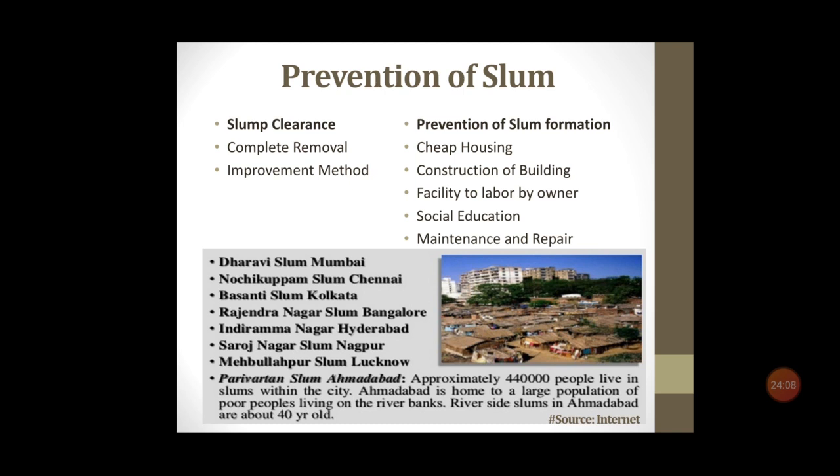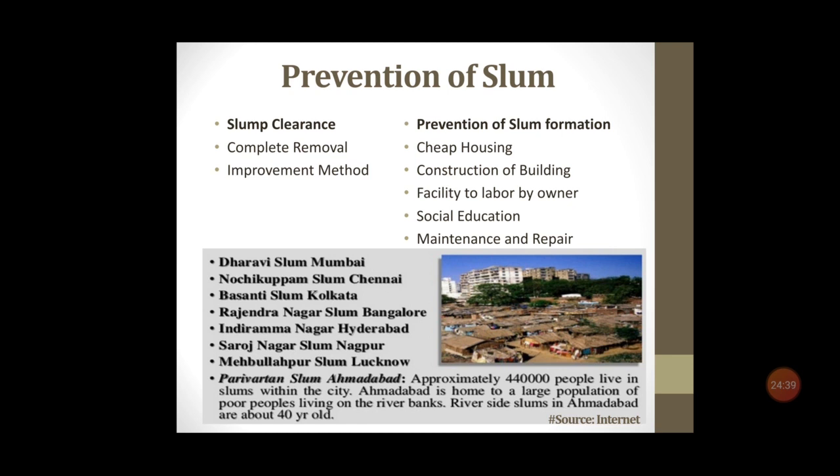Now, how can the slum be prevented? There are two things. Slum clearance is one of the options, that government schemes must be there so that slums may be cleared, and in place of them some alternatives can be developed. And the second is prevention of slum formation. For example, if in a particular area slum development is in the initial stage, that has to be stopped or prevented by putting up some substitute or alternative method.